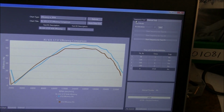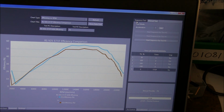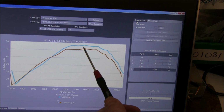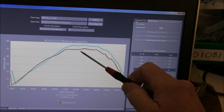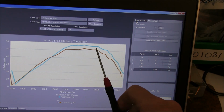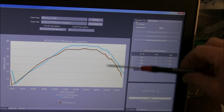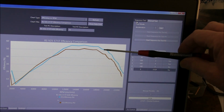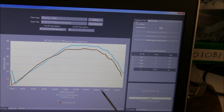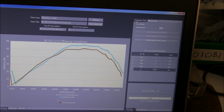On the graph, the blue one's the efficiency of the R1, and the brown one is the Surpass. You can see that they've both got flat curves, so you can gear all the way up to here, no problem. You normally push it over a bit, 19,000 RPM on both, but